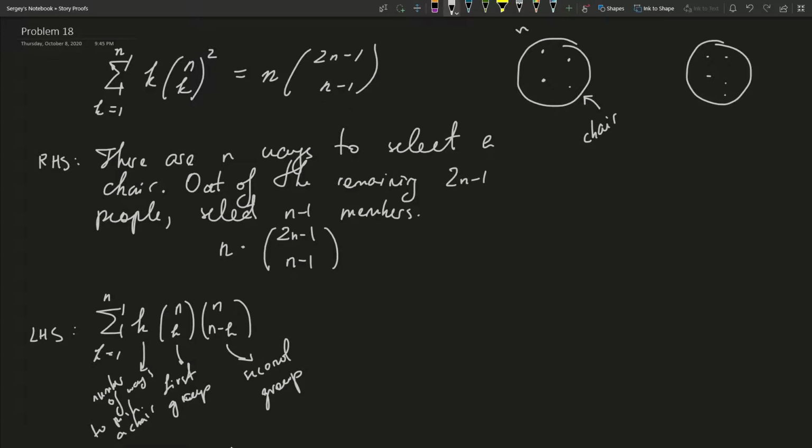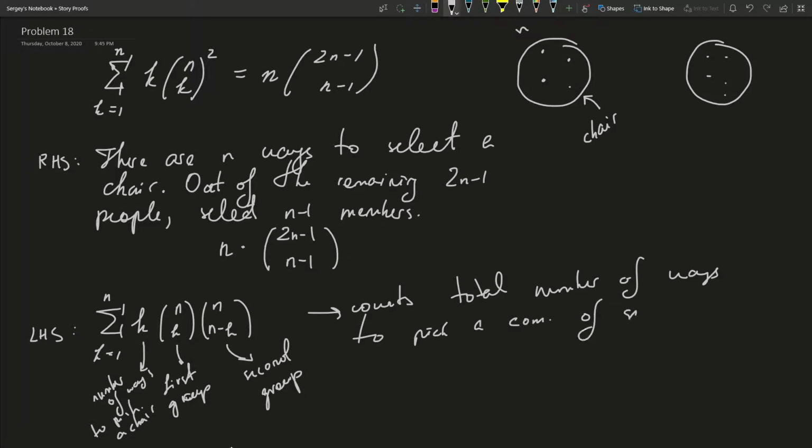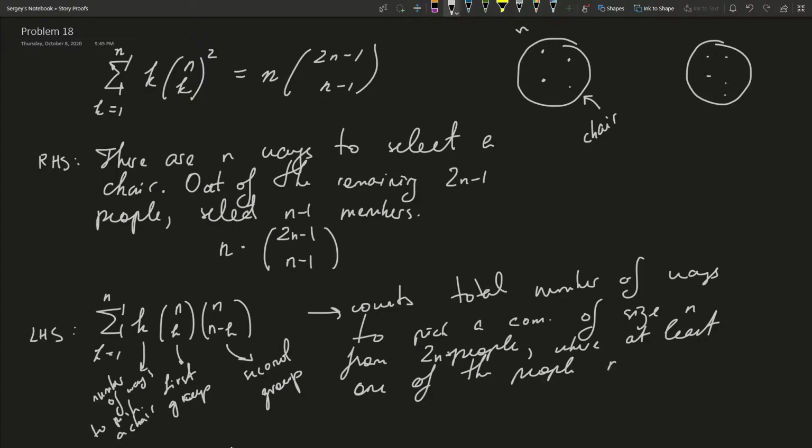So this also counts the total number of ways to pick a committee of size n from 2n people, where at least one of the people needs to be from group 1,